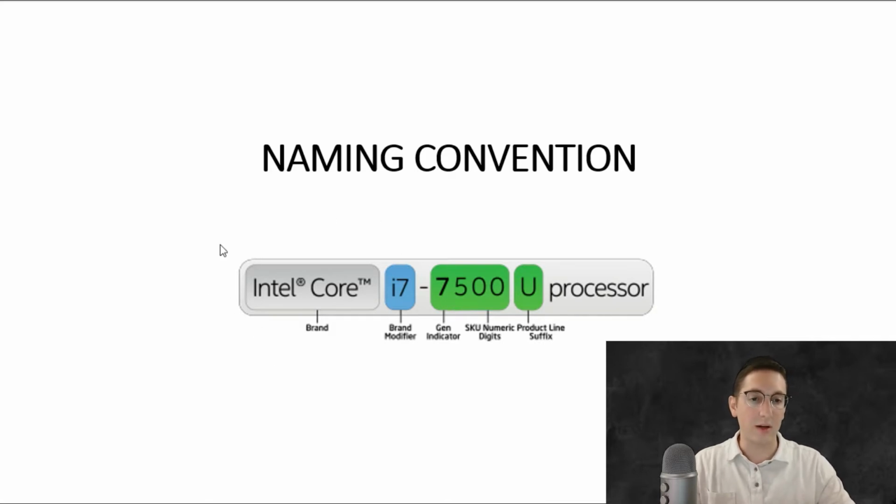Okay, the first thing we can see is what they call the brand modifier. So this is an i7. Okay, easy enough. We understand 3, 5, 7. The i5 is better than the i3, the i7 is better than the i5, and so on. Usually that'll be followed by a hyphen and some more numbers. Okay, the next number